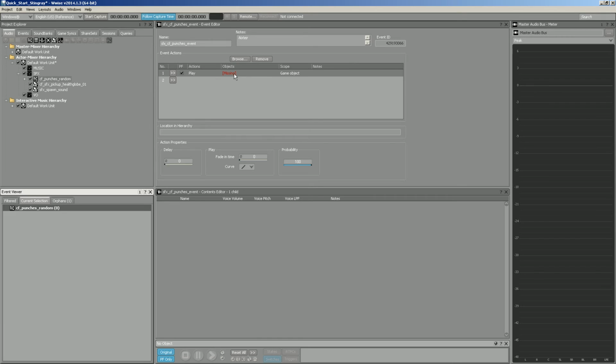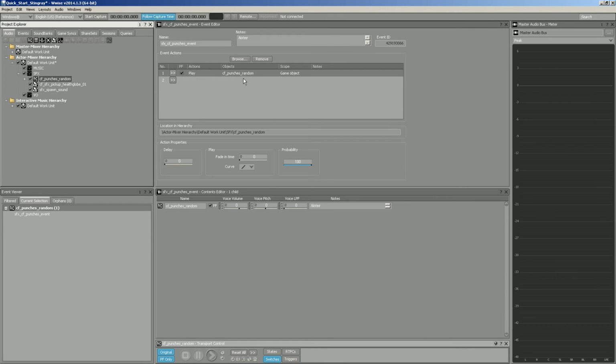But you'll notice that it's missing the objects. So how do we get objects in that? It's very simple. Go over to your audio tab and let's select the random container. Let's left click and drag that onto the objects here. And so now you'll see that CF underscore punches underscore random is now in that event. So anytime that SFX underscore CF underscore punches underscore event is called, it will play the sound effects that are